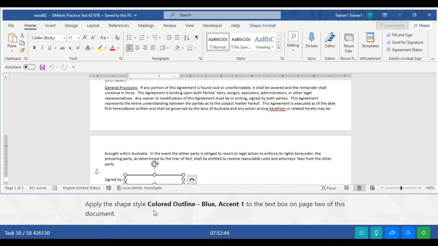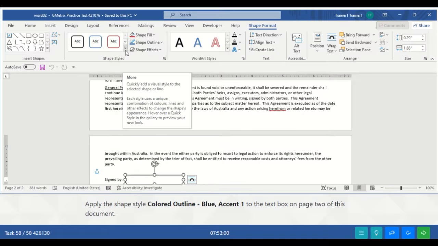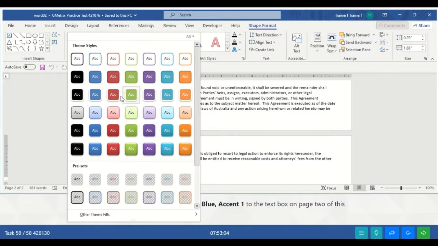So to apply the shape style, you go to the ribbon, the Shape Format contextual tab. In the Shape Styles group, you select the More drop-down and look for